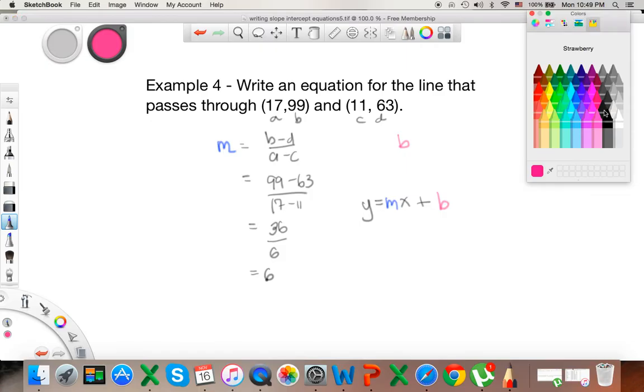So I found that y equals 6x plus b, and now I need to find x and y. I actually know x and y. I can choose either (17, 99) or (11, 63). Let's go ahead and choose